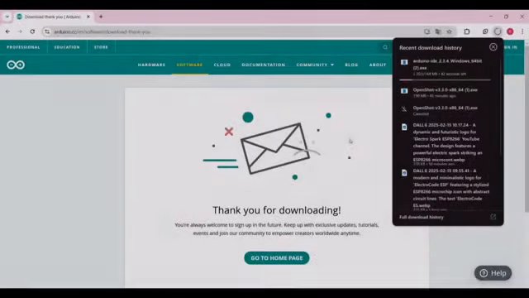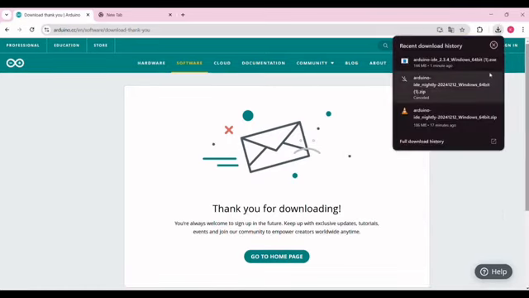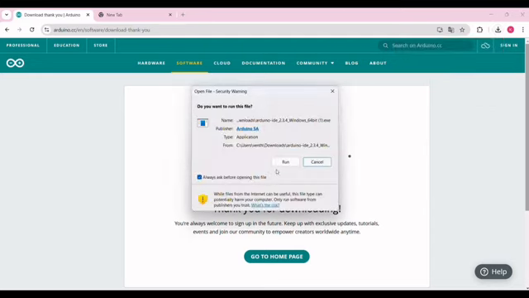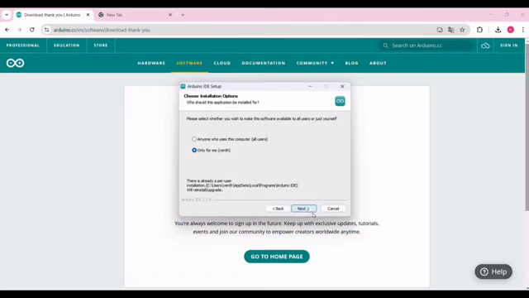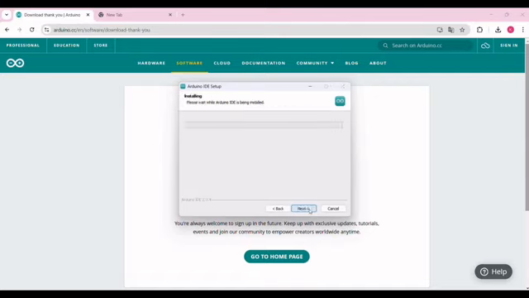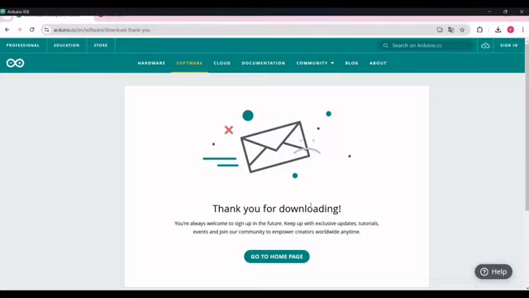After downloading it, you want to click the application and click run. Then you want to agree with the terms and conditions and install it. It will take some time. Now see the application is installed. Click finish. Then you want to change it into the